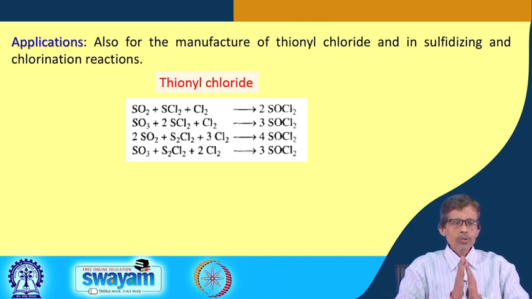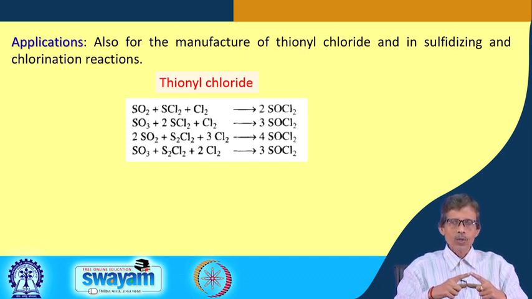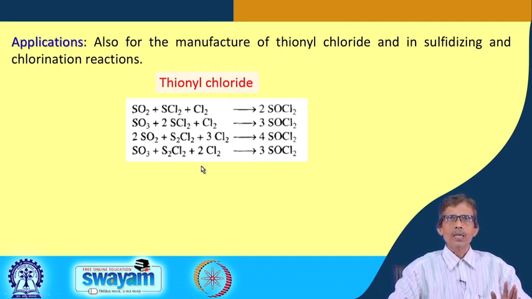So, you have to use chlorine gas as the extra source. In between, at one end the oxygen donor molecule should be available, and at the other end you can have the corresponding Cl2, that means the source of chlorine. So, reaction of these two along with your SCl2 or S2Cl2 will give you 4 different ways of making thionyl chloride. Sulfur dioxide plus SCl2 in presence of chlorine will give you 2 molecules of thionyl chloride.